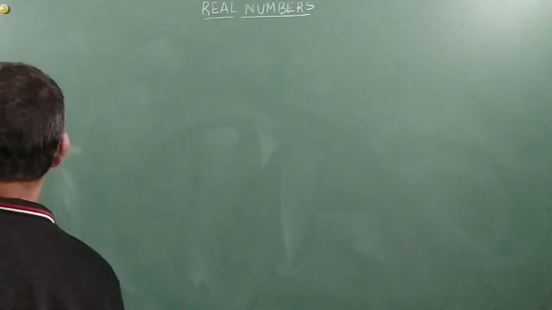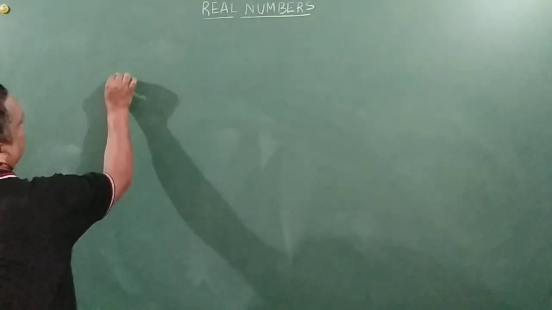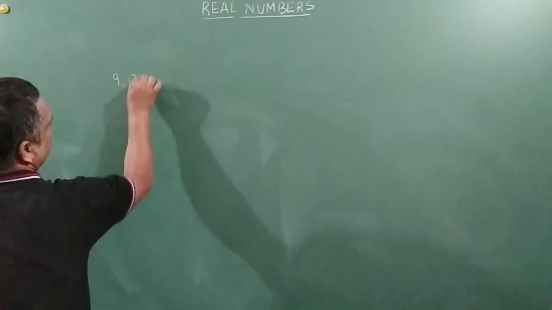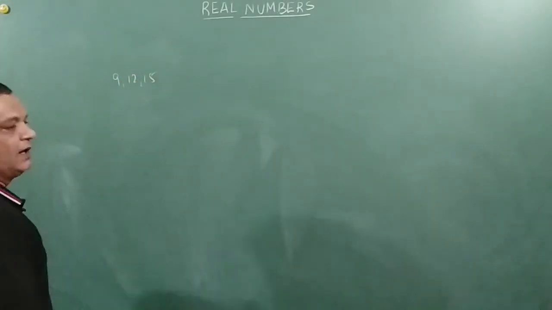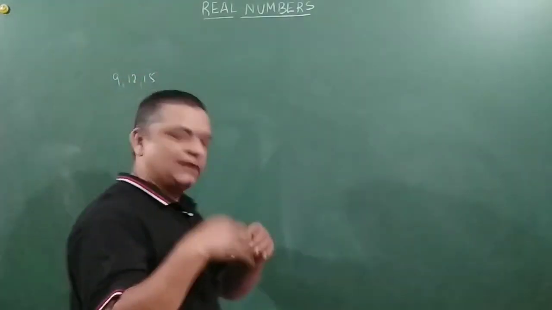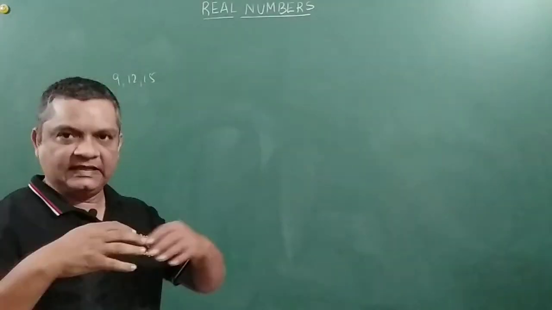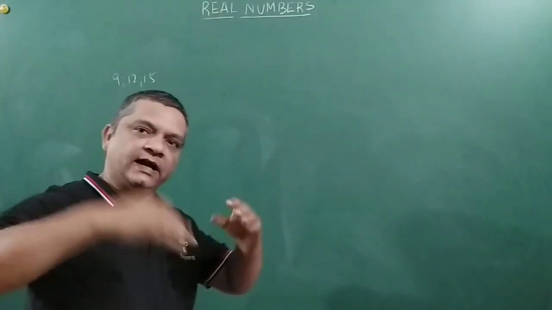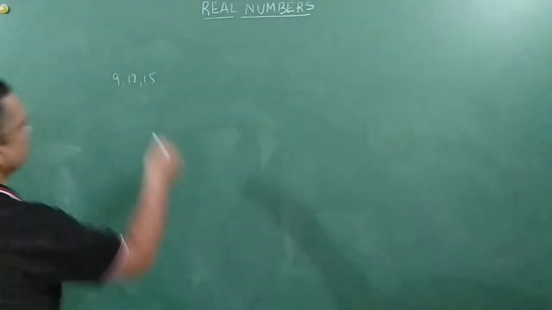So next problem, what does it say? 3 bells toll at an interval of 9, 12 and 15 minutes respectively. Right? They start tolling together. After how much time will they toll together next? Right? 9, 12 and 15. So we just need to find out the LCM of 9, 12 and 15, because they have started tolling together. So LCM is the time after which they will again toll together.